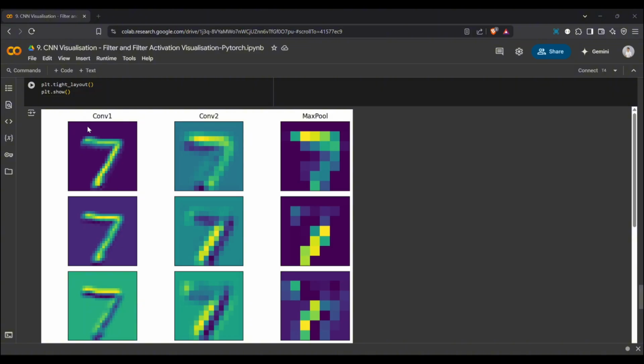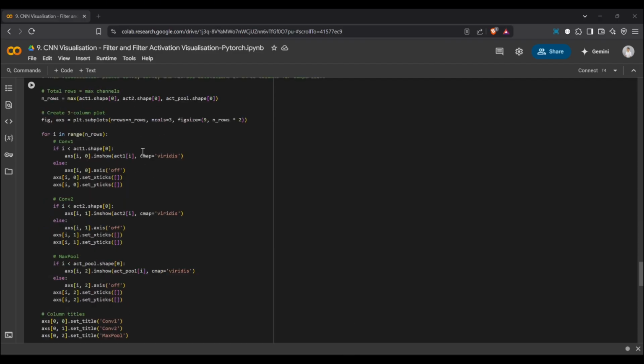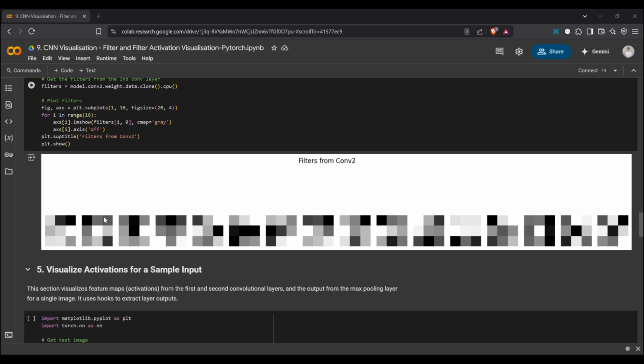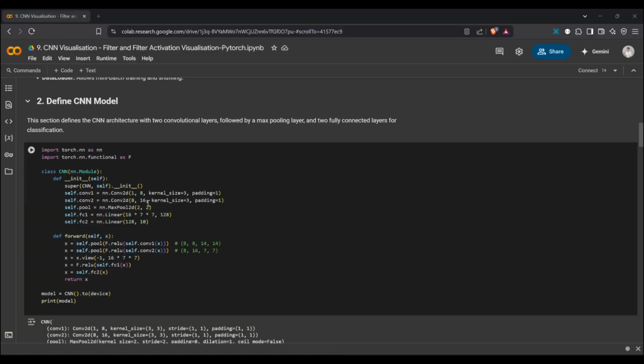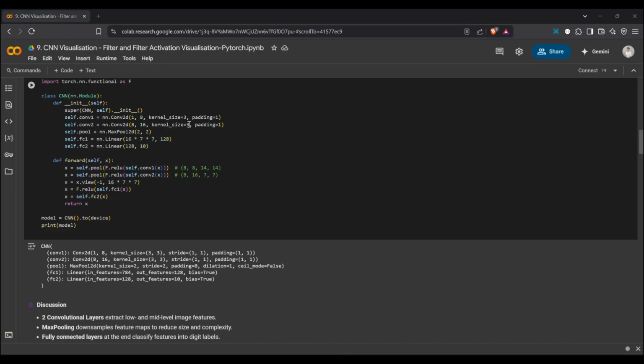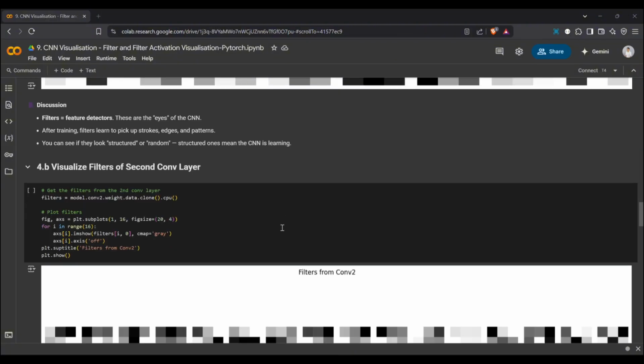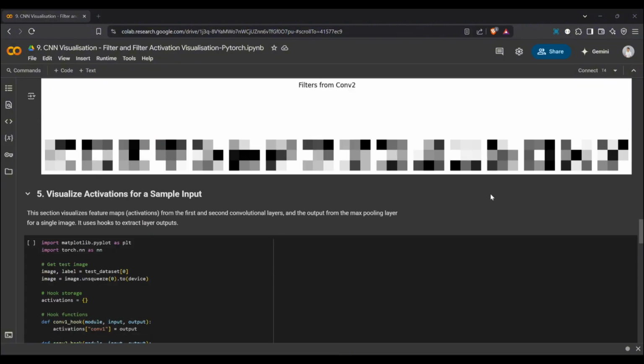It captures the edges, the lines. Now the conv2 here, based on the network template, has 16 filters with a 3 by 3 kernel, or filter size. We have 16 different filters.